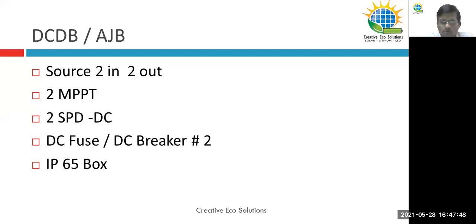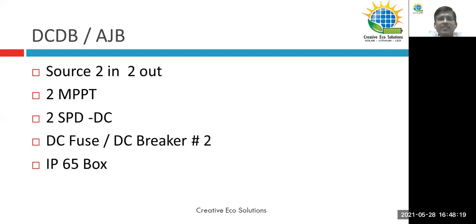Fine. So once your inverter is freezed, then you have other smaller solar BOS components like your array junction box or a DC distribution box. What does this have in it? So basically, they have some simple electrical breakers, like the DCDB will have. In this 10 kilowatt system, we have two strings. So we'll have two in, two out, which means I have one positive and negative for one string and another positive and negative for the other string. So it will go in and come out.